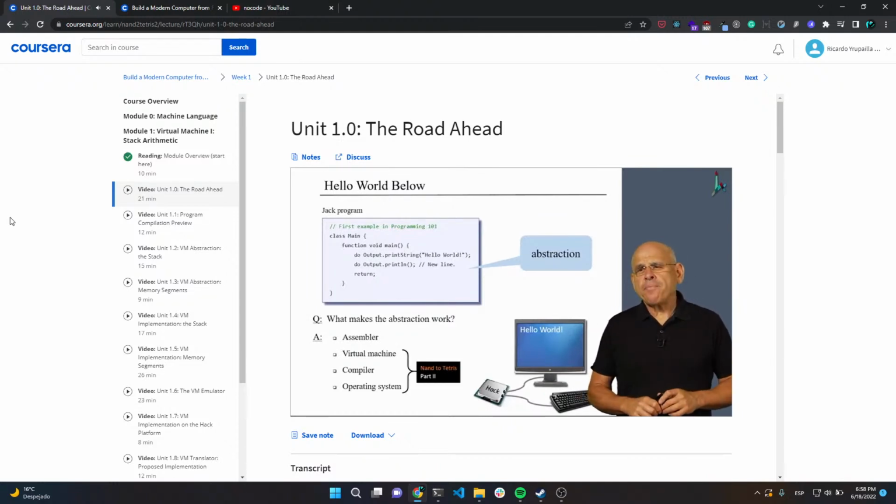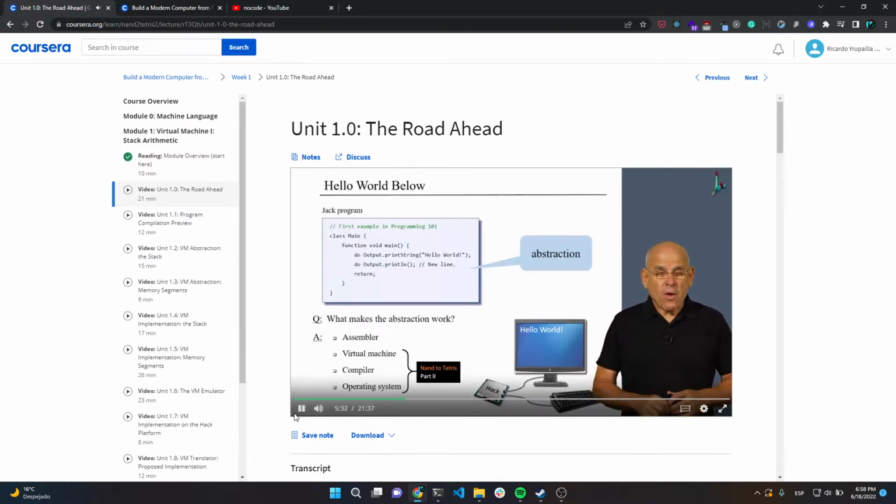Now, some of you might say, well, I don't understand. Shimon just told me that in order to be an application programmer, I don't have to worry about these things. So why do I have to worry about these things? Well, the answer is that